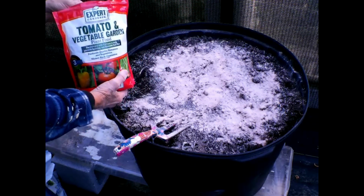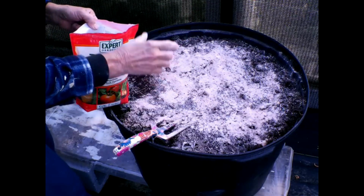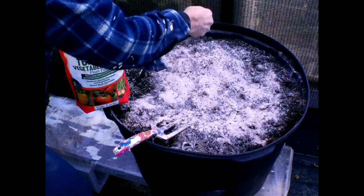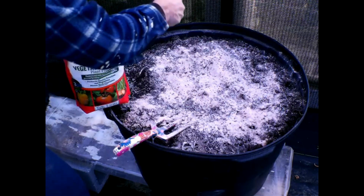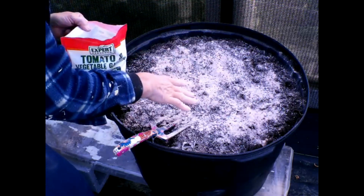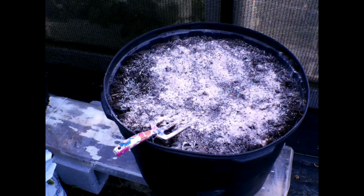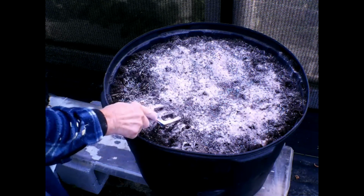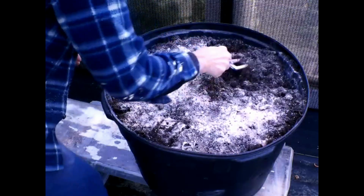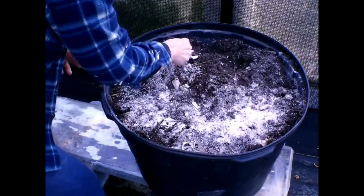So what I'm doing here is I'm putting some fertilizer in here. It's going to work as I put these plants in, and some is going to gradually deteriorate and then work as they grow continuously, and also amend this soil for the future. So we got that in there. Mind you, I don't have any plants to put in here yet. I'm not sure what I'm going to put, but I do need to get this soil amended here,